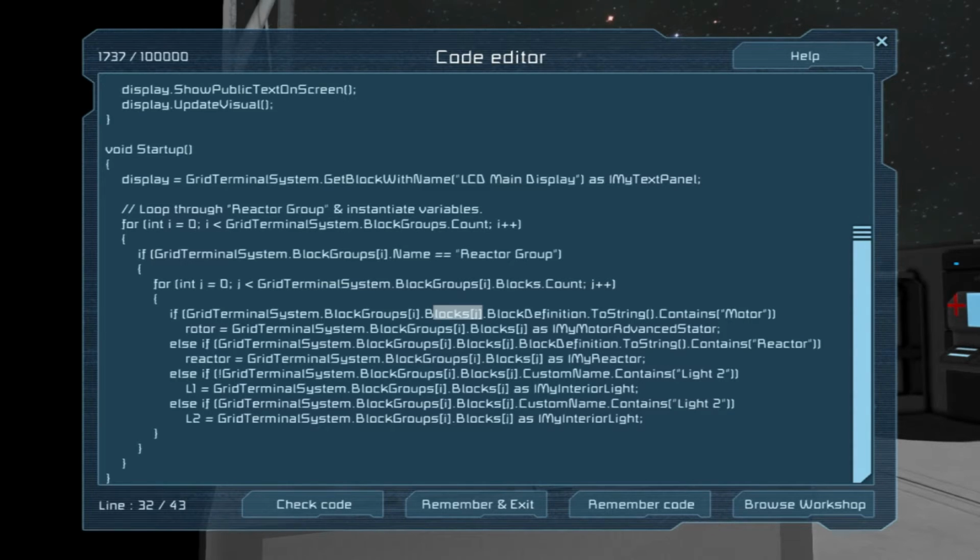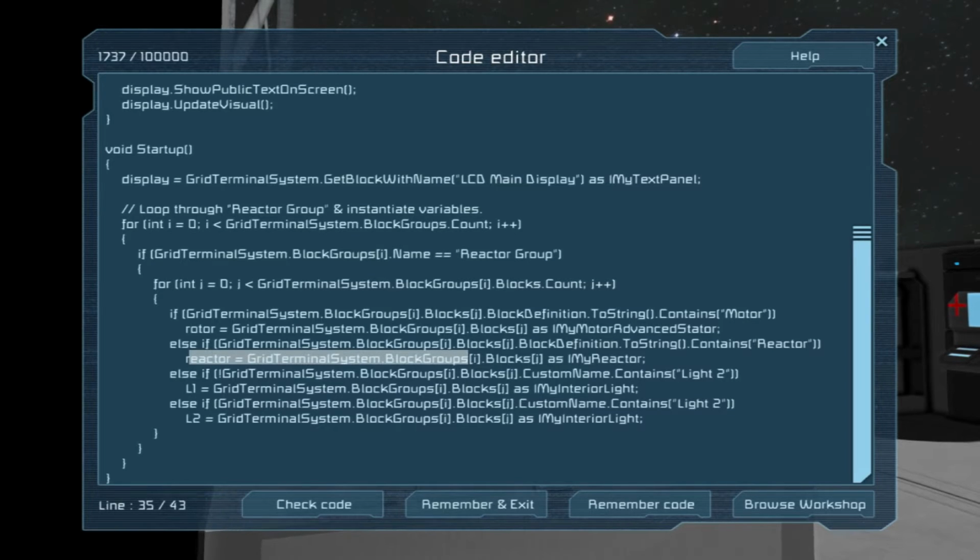Currently we're on J. Block definition, turn it to a string. If it contains motor, then we do the standard rotor equals grid terminal system at block groups I, block groups J, as my motor advanced stator, excuse me. So I hope that makes sense. And then we just do else if it's got reactor in it, well, make it a reactor.